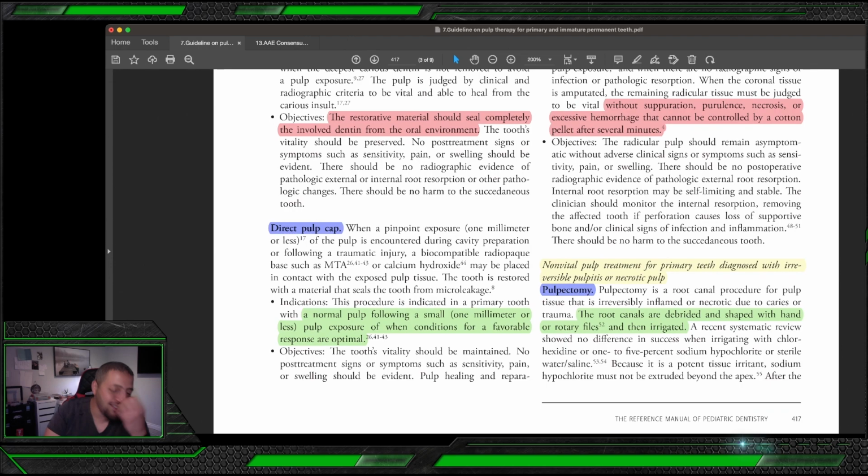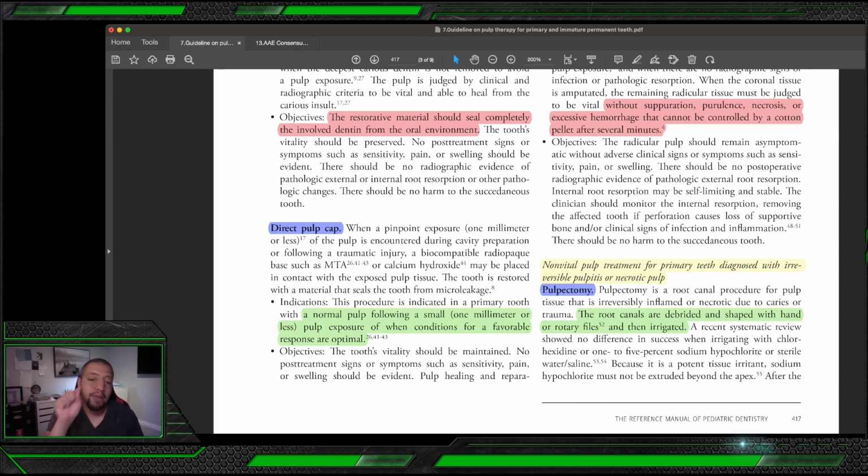And this is a little tricky, so let me give you some scenarios which mean this fancy word, favorable response, are optimal. So if the question mentioned that the patient had a trauma in his upper anterior teeth, and he is 8 years old. The age is extremely important because age will tell you if the tooth is mature or immature. So at 8 years old, most commonly this one will have an open apex, and he comes to you, you look in his mouth after doing the regular treatment, before we see medical history stuff like this, and you see exposed pulp,